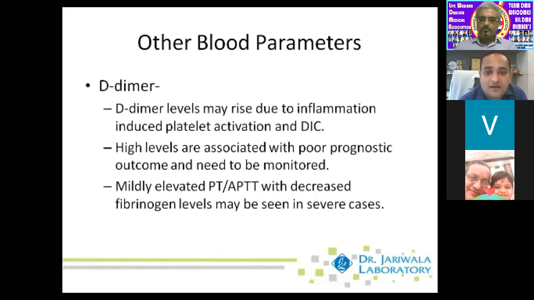Because there are microthrombi, we have multi-system disorders. There have been several cases of myocardial infarction, and several cases of ischemic stroke due to these microclots being found in the system. Along with this, there may also be an elevated partial thromboplastin time or APTT, and the fibrinogen levels may also be reduced, but this typically happens late in the disease and in very severe cases. In most cases, these parameters remain normal, but D-dimer has to be closely monitored.